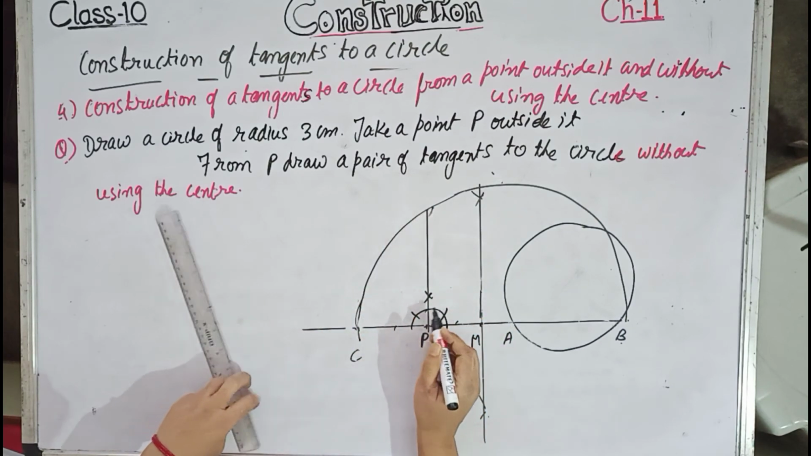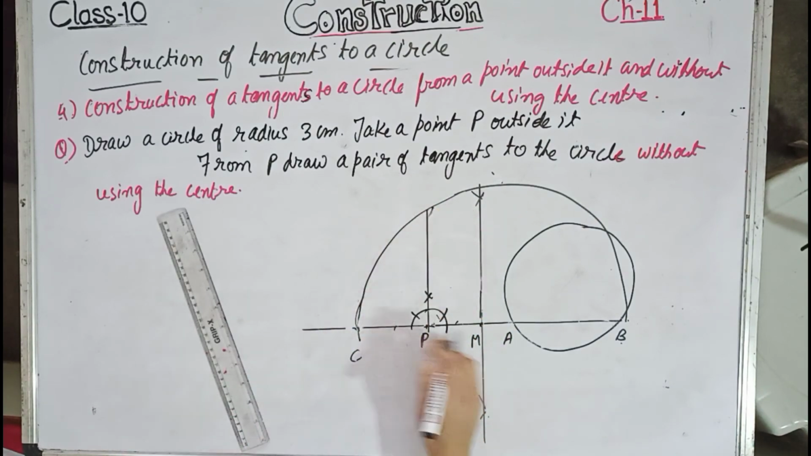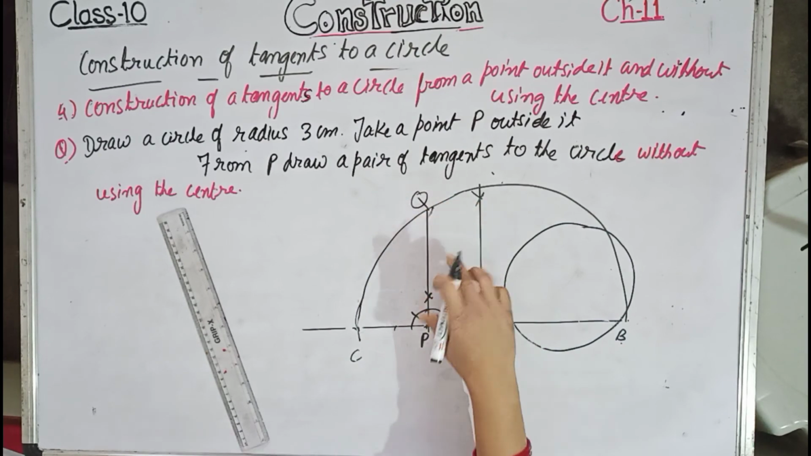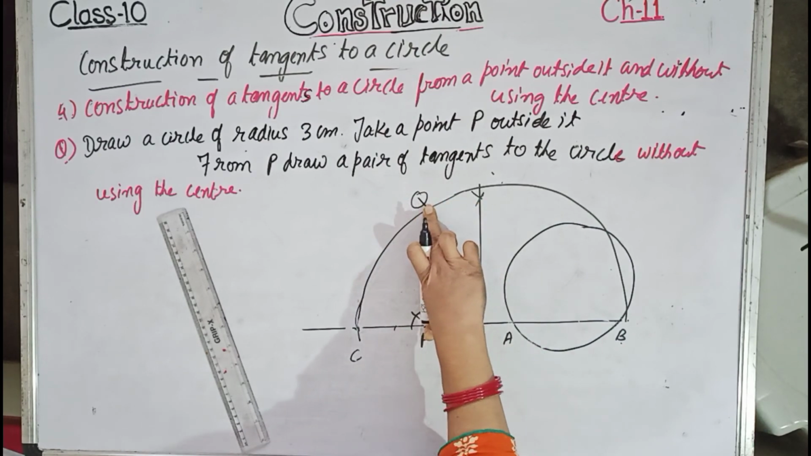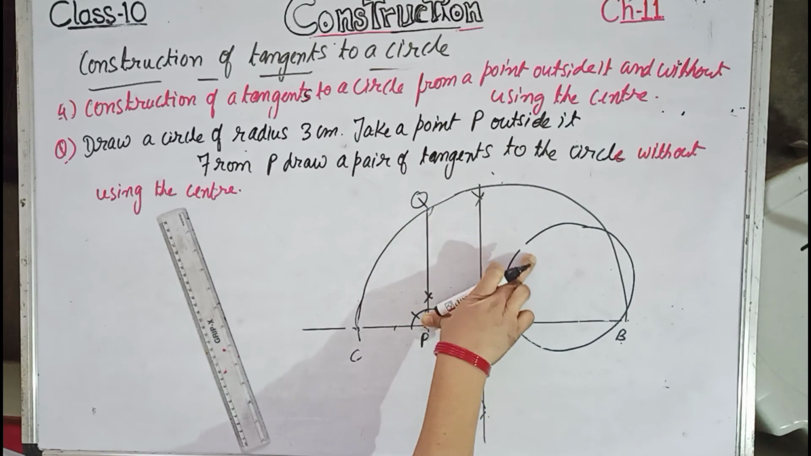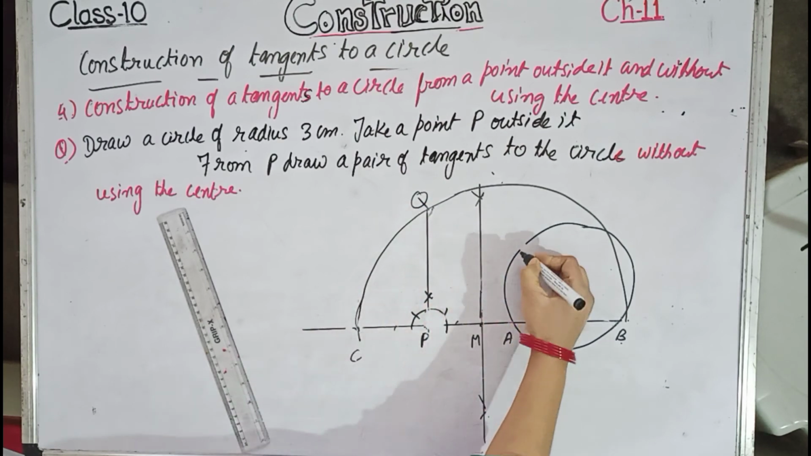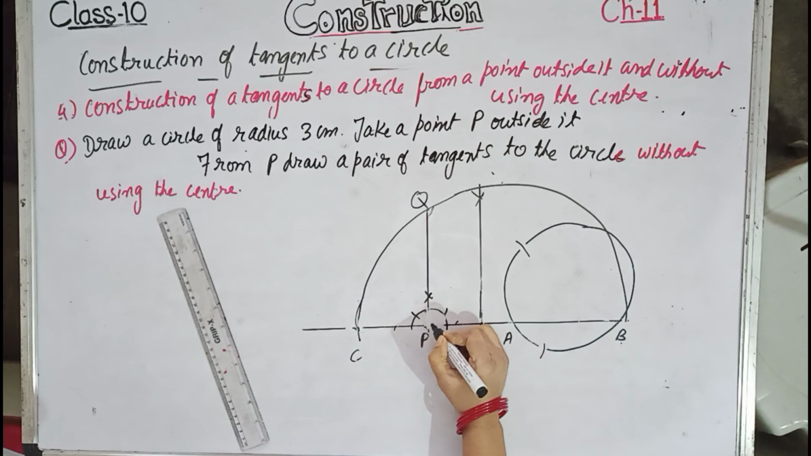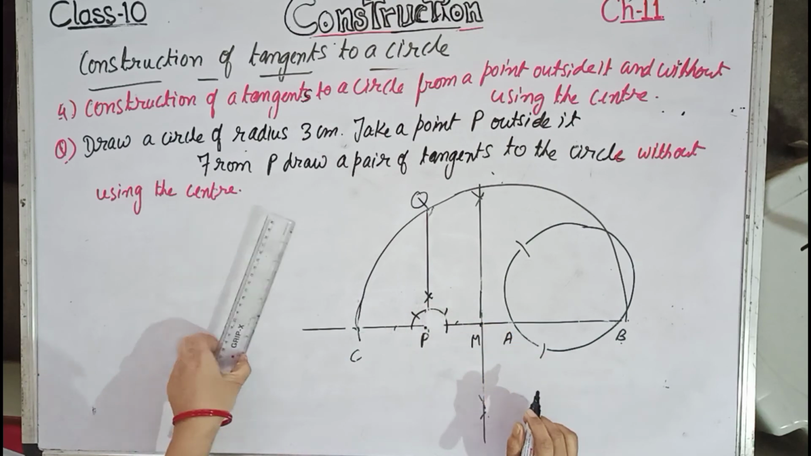90-degree angle you make with the help of compass. Now this name you write as Q over here. Now measure PQ with the help of your compass. This one PQ, cut an arc over here and over here. So wherever it is cutting, from the point P you extend your compass